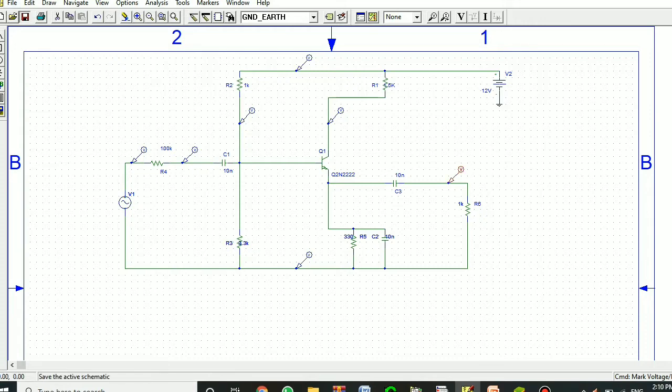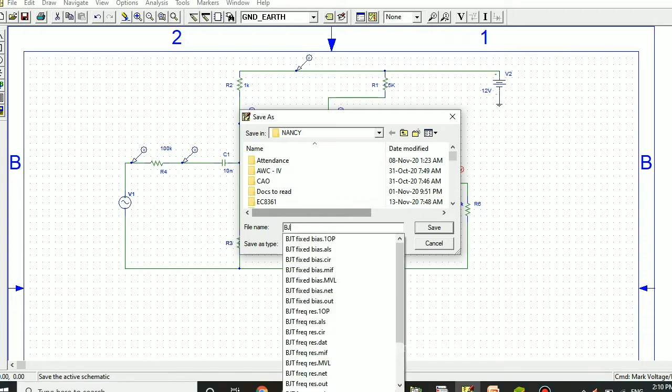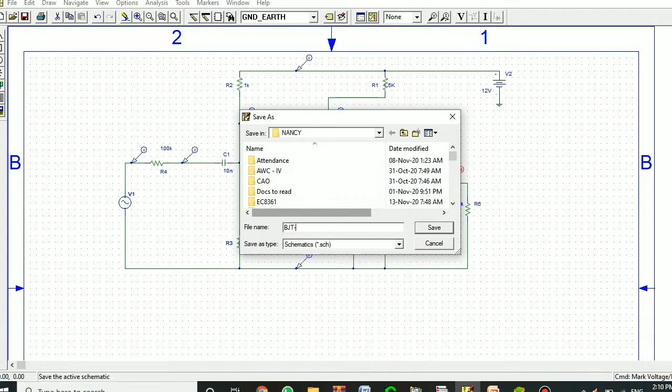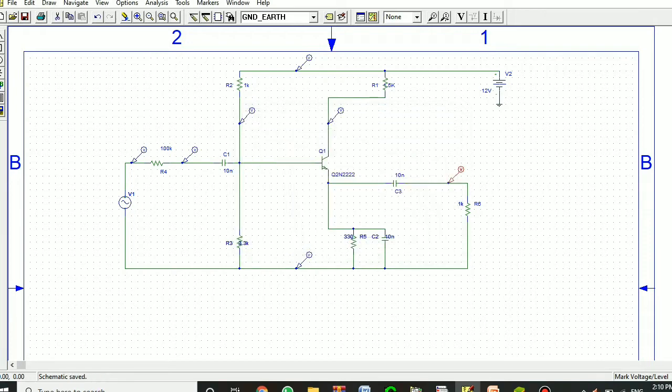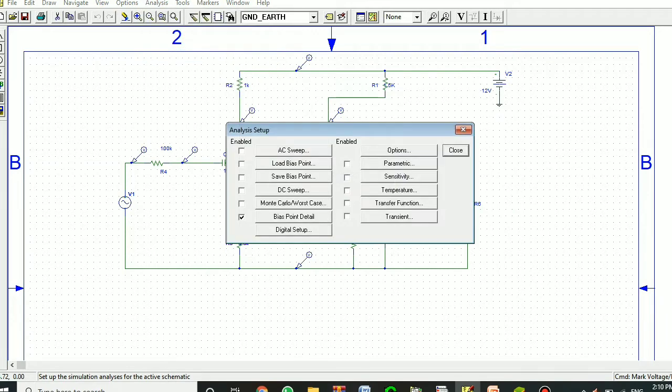Now we can save the schematic. So after saving the project, we'll need to set up the analysis. So for that, go to Analysis and click on Setup.